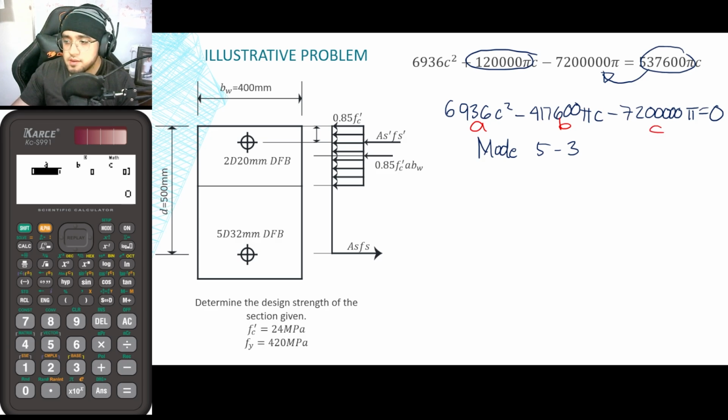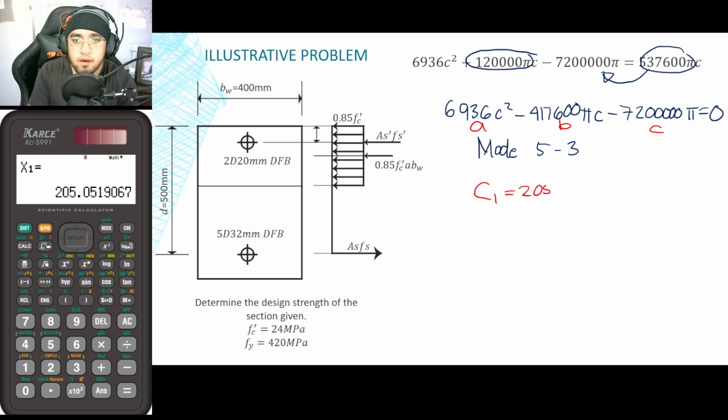So from that, guys, 6936, negative 417,600 pi, then positive or negative 7, 2, pi. So our answer here, we would now be having two answers. Namely, for C1, this is now equal to 205.052 millimeters. Then for C2, we now have